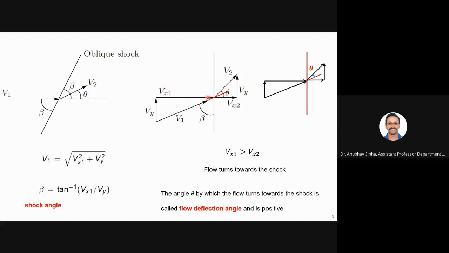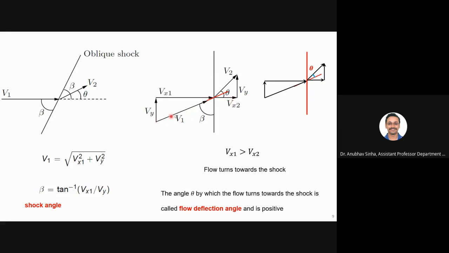Vx1 will pass through the shock, and obviously it will be supersonic speed. Then the speed will reduce and it will go to subsonic Vx2. That simple relation which we have used for normal shock can be used here. Now what about Vy? Vy is the parallel component. It is parallel to the shock and it will remain parallel, and the magnitude will also not change. So Vy will be the same and Vx is decreased.